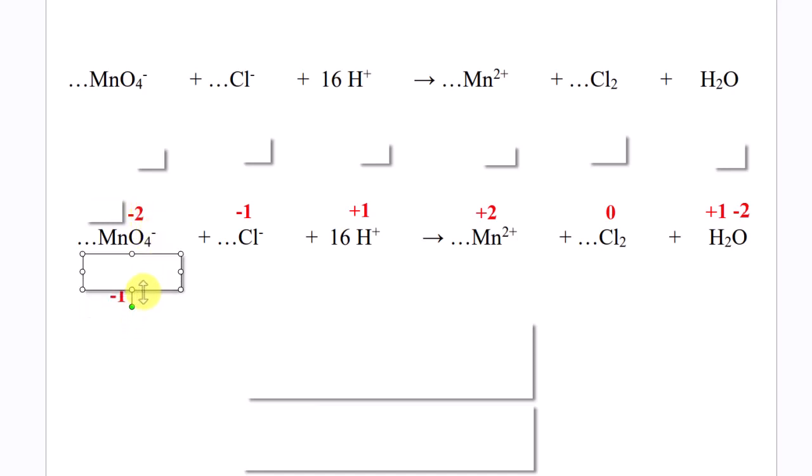Also, we note that this entire compound has a charge of -1. The rule is when you've got a polyatomic ion, the oxidation numbers will add up to what the charge is. So we have 4 -2s. That's going to be a -8. 4 times -2 is -8. Our manganese, we only have 1 of, so it's going to have to add up to the -8 to produce